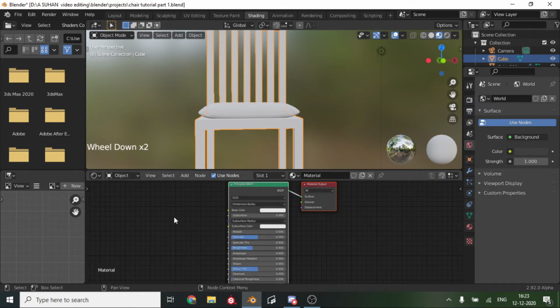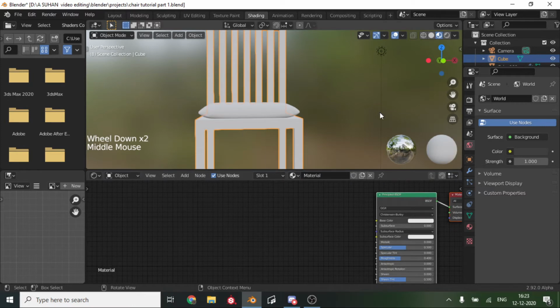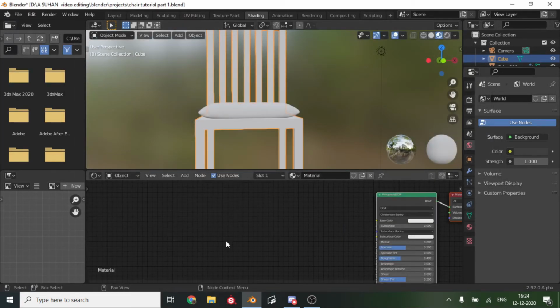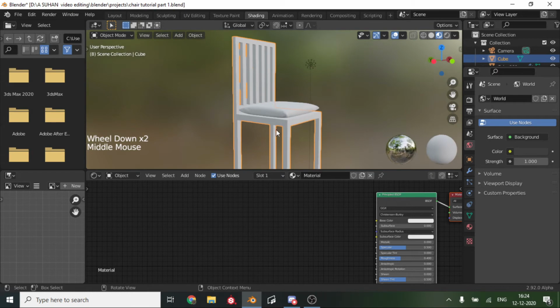So we are going to add textures. That's why we did all our UV unwrapping. So you can press Control Shift T, and then you can basically open up a whole principled texture setup, which is basically PBR textures, and PBR means physically based rendering. In physically based rendering, it looks really realistic, and now it's really easy to set up. So we want to select the Principled BSDF node and press Control Shift T.